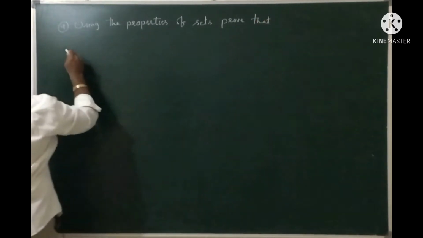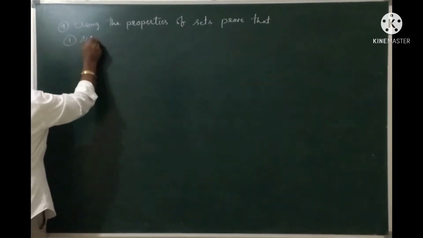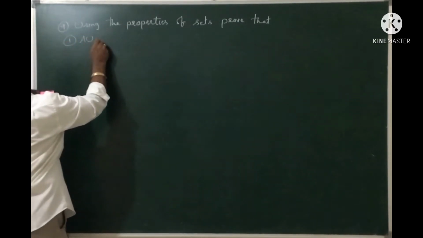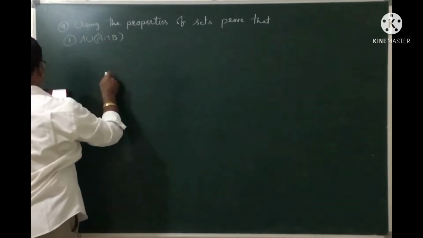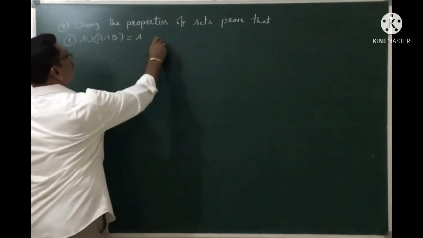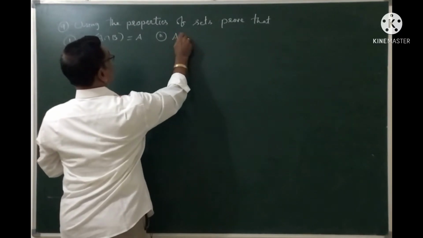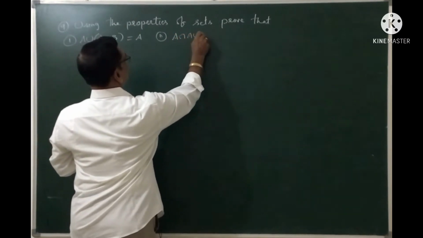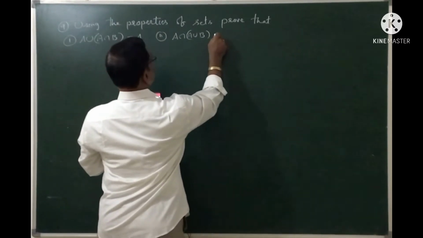Number 1, A union A intersection B is equal to A. Number 2, A intersection A union B is equal to